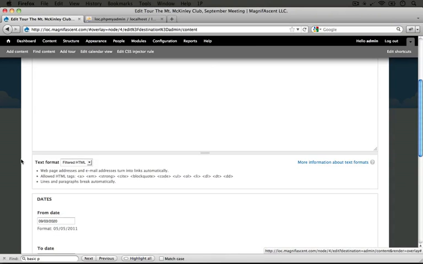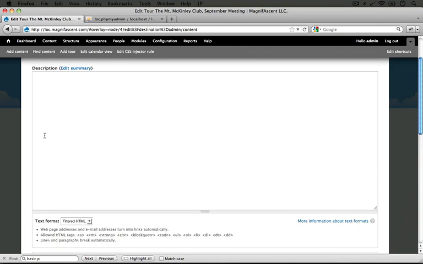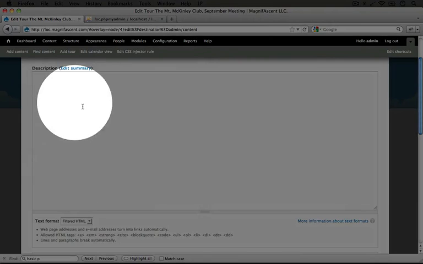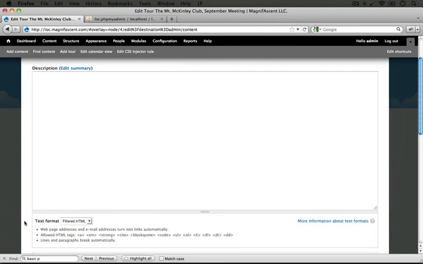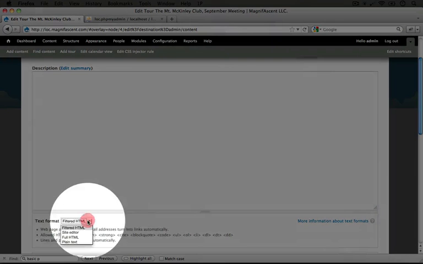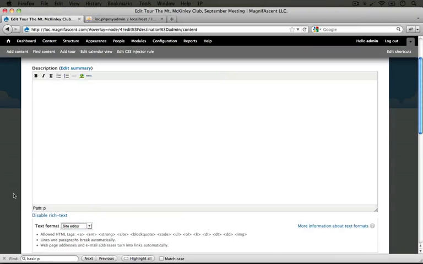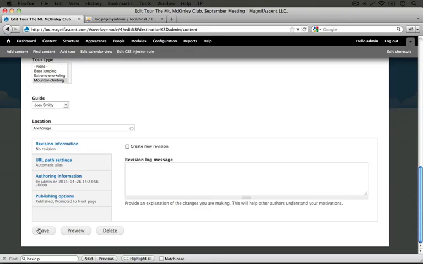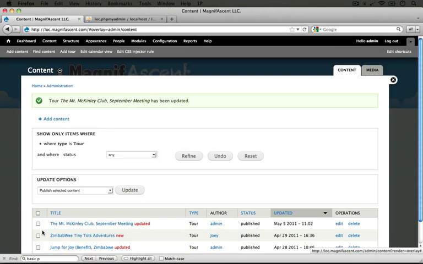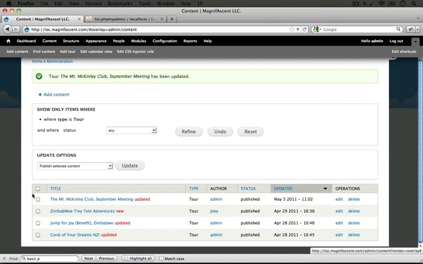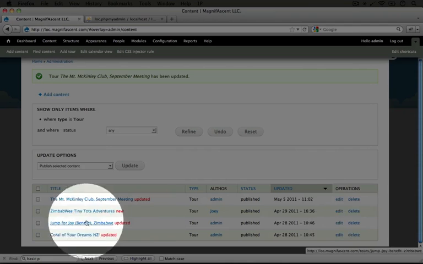So it would seem like at this point that anybody trying to edit this content would run into a problem with permissions. But something interesting happens when there's no body in the input that the text format is associated with. So if we, for example, change this format here to Site Editor, and then we scroll down to the bottom and click Save, and then we came back to edit this piece of content, let's go ahead and click Edit next to the piece of content,